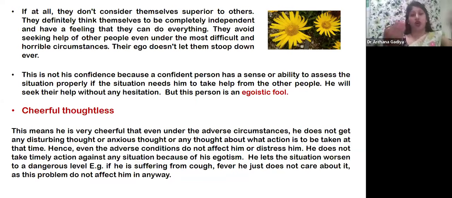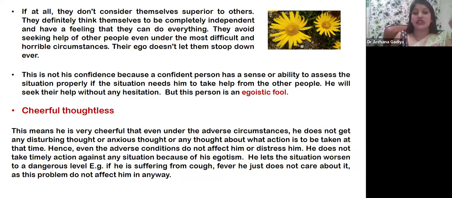So obviously the thought should come into your mind, no? You should get panic at some level. That fear is also necessary sometimes. It will guide you to the right path. But in Arnika, there is this thoughtlessness. You don't get bothered about these risk-taking situations. He will remain cheerful at that time also. Because of this, he feels good. So it is not like the contented state of Opium. It is completely a different state. It is because of his ego that he is in that cheerful, thoughtless state.